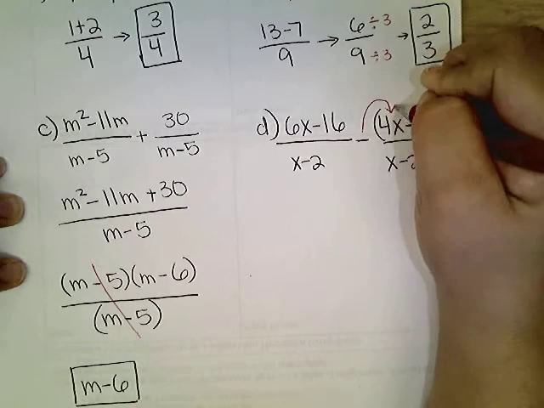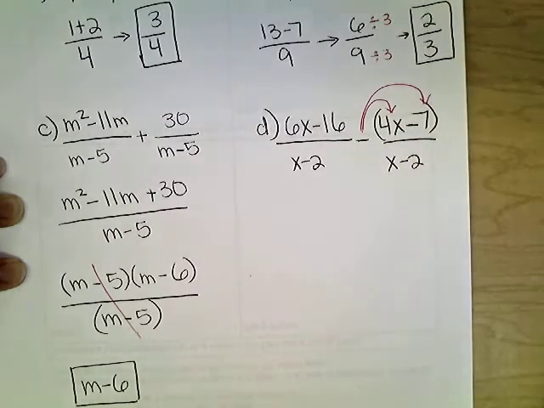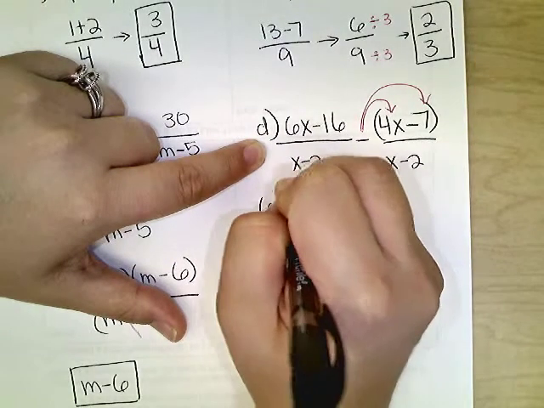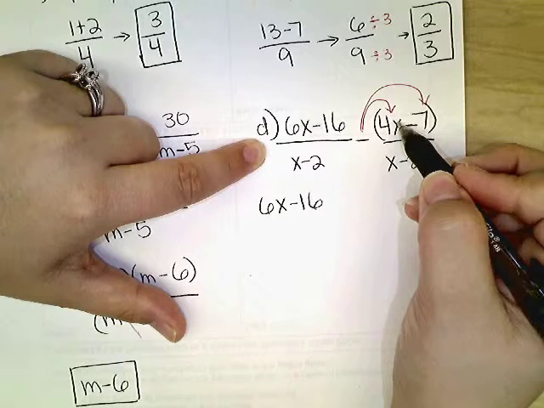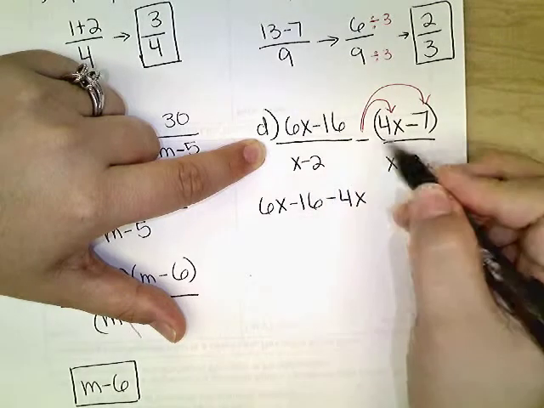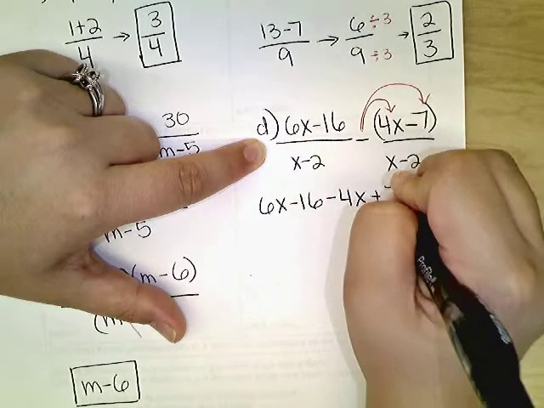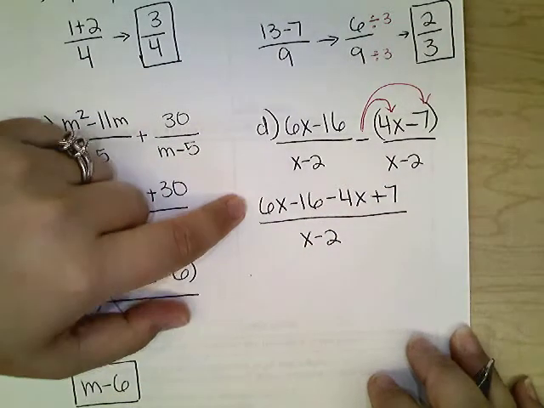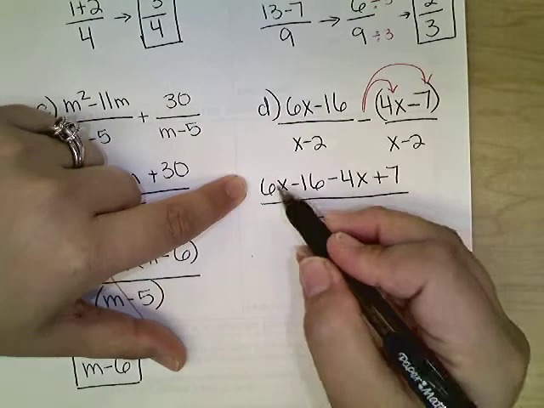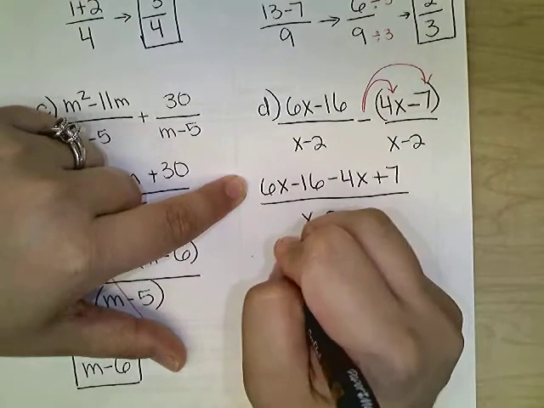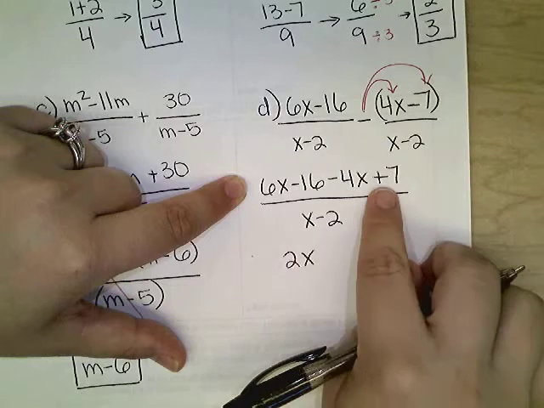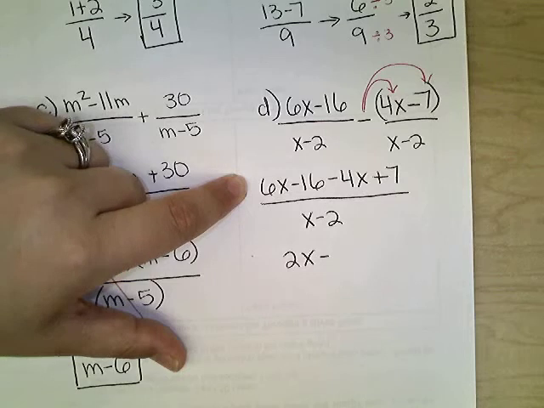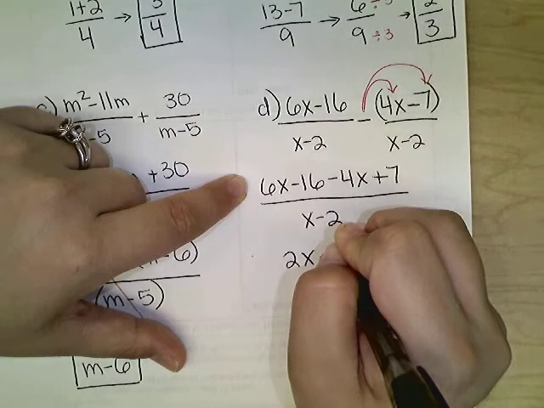So we're taking minus 4x minus a negative 7. And as I rewrite my fraction, I'm going to write that in. So 6x minus 16, negative 1 times 4x is minus 4x. Negative times the negative gives us a positive 7 over the common denominator of x minus 2. We still want to simplify this by combining like terms. 6x minus 4x is 2x. Negative 16 plus 7 is negative, oh gosh, brain not working, negative 9